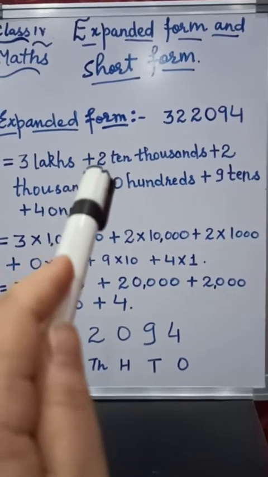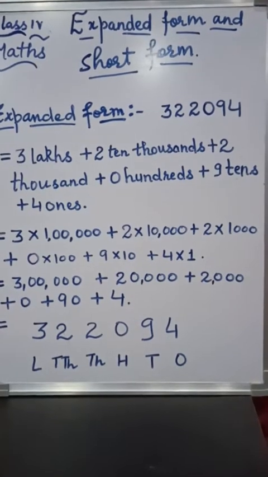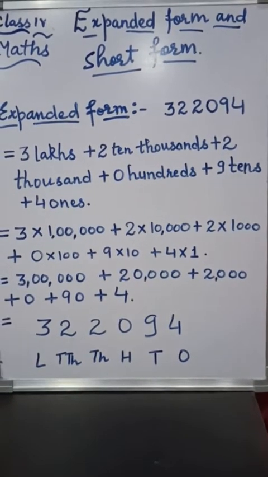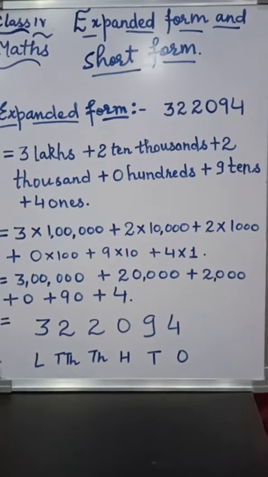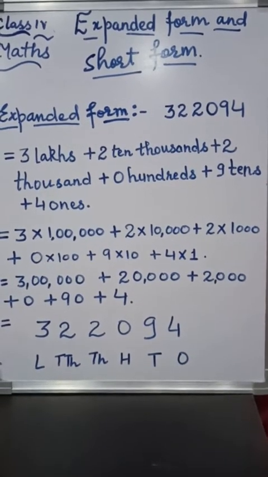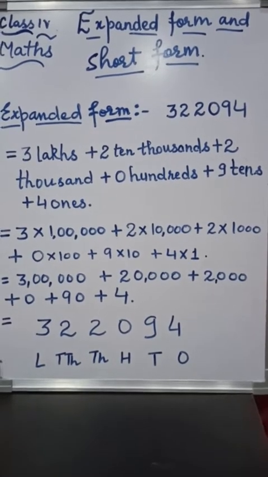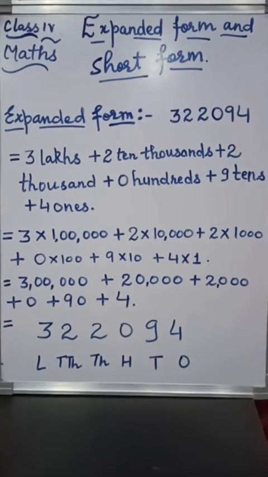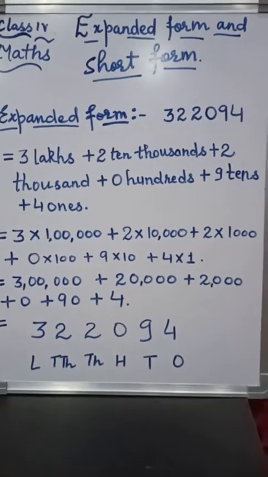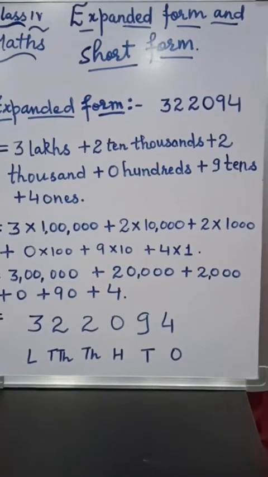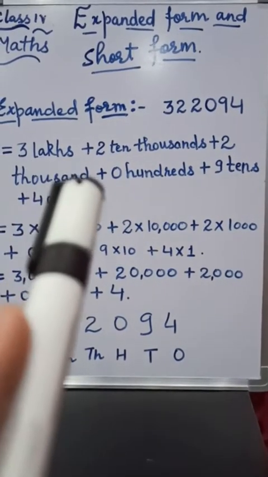So expanded form means writing numbers individually to see the value, the place value and decimal values of the particular digit. Okay, so here as you can see, 3 lakhs plus